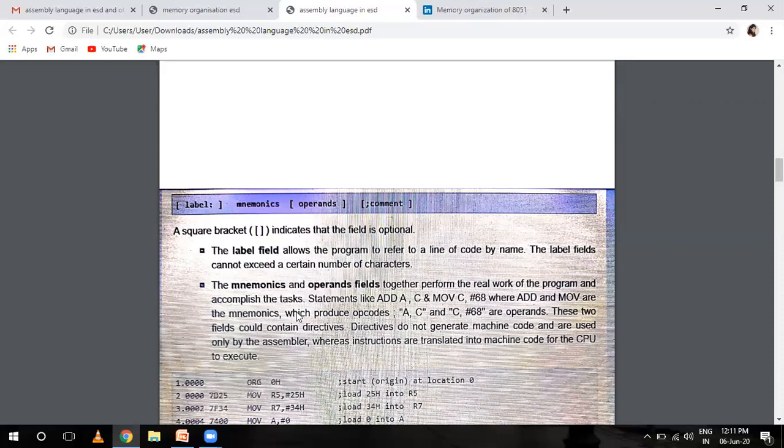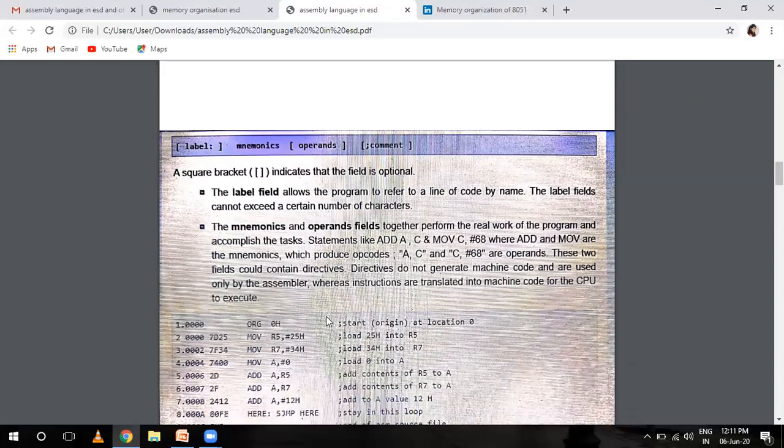In statements like ADD A, C and MOV C, #68, MOV and ADD are the mnemonics, which provide the opcode, and A, C, and #68 are operands.